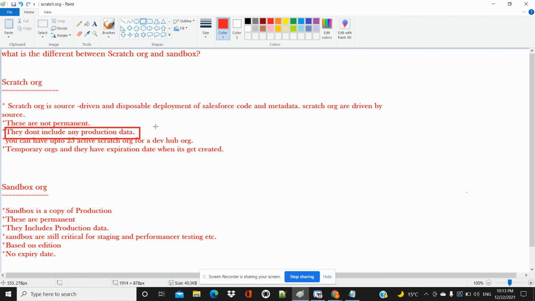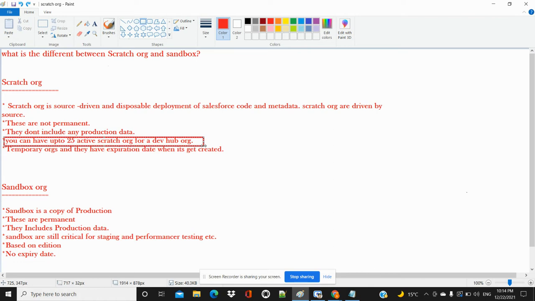When we are talking about the fourth point, you can have up to 25 active scratch orgs. If you are creating scratch orgs, you have limitations. You are not able to create more than 25 active scratch orgs in DevHub.